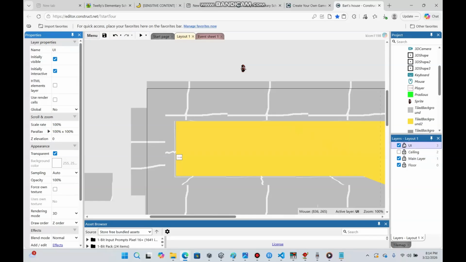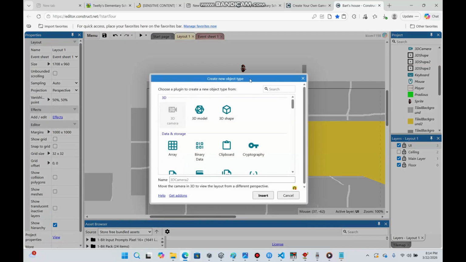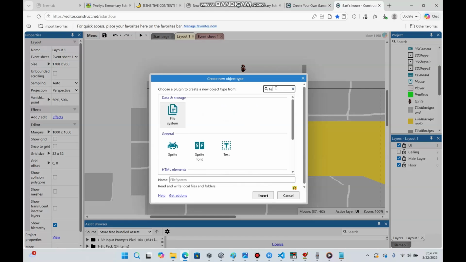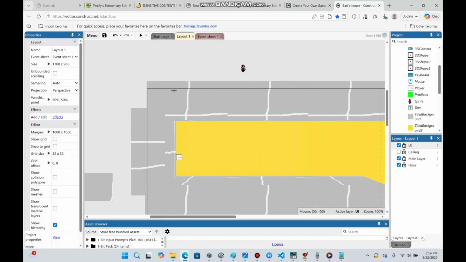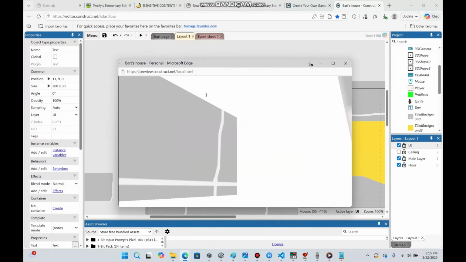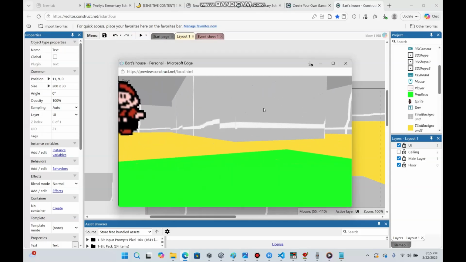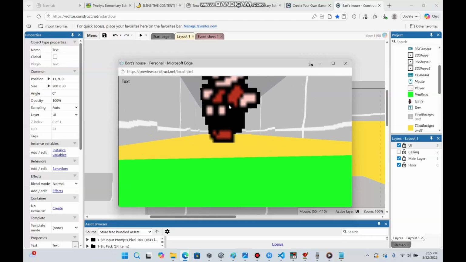And now we can move on to the UI. You want to make sure you set the rendering mode to 2D. Okay. And now we can add whatever we want on the UI, but I'm just gonna add text telling us how many notebooks or whatever we have, how many orbs we have. Put it here. Now you can see we have our floor, we have our ceiling, and additionally,